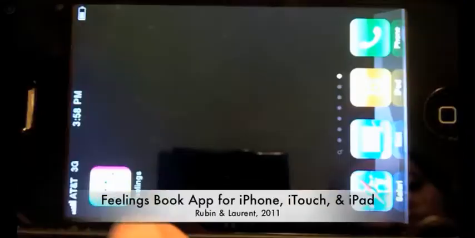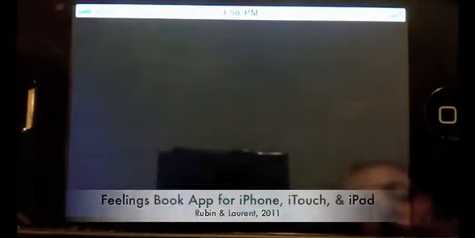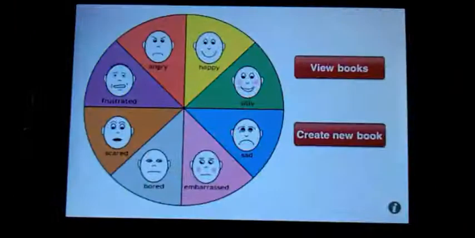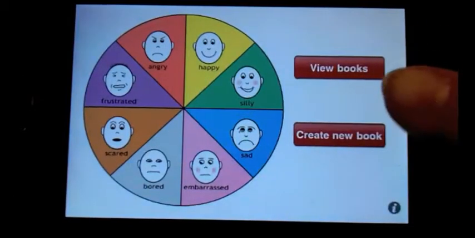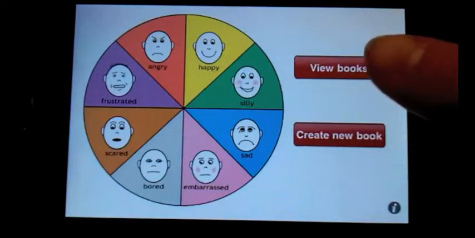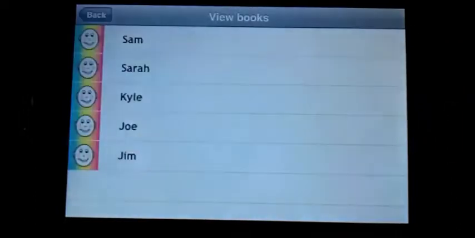Welcome to a brief overview of the Feelings Book application for iPhone, iTouch, and iPad. You'll notice on the home screen we have two options. We can view books or create a new book. Let's go ahead and view books so we can see the three different levels of supports that can be created